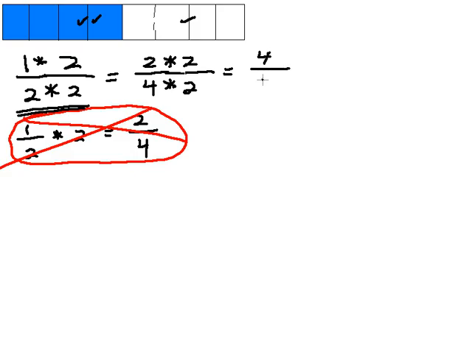2 times 2 is 4. 4 times 2 is 8. So, 1/2 equals 4/8 equals 2/4 equals 50 over 100. If we multiply both the top and bottom of,